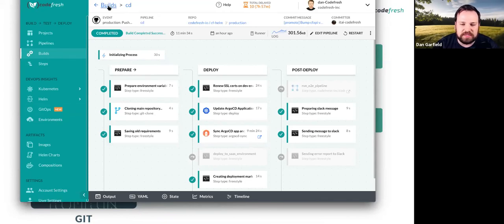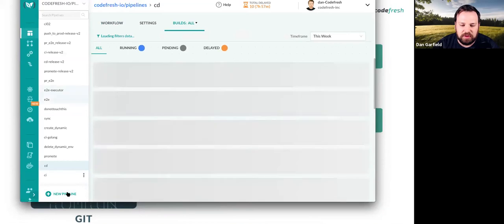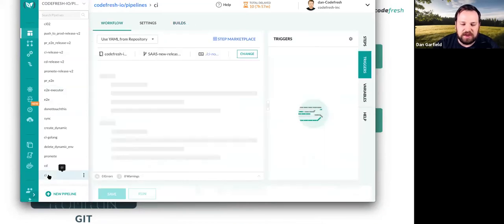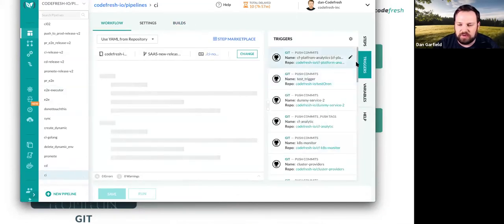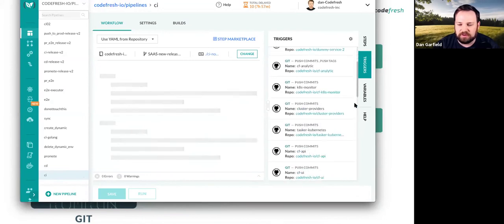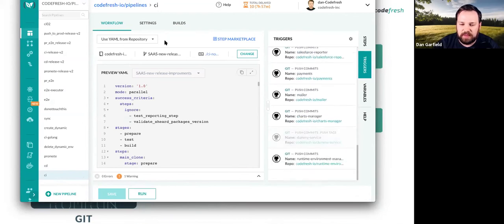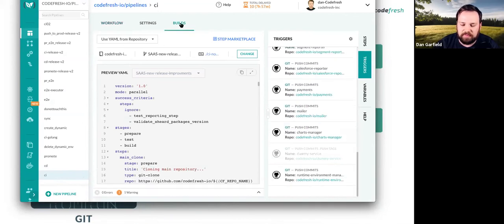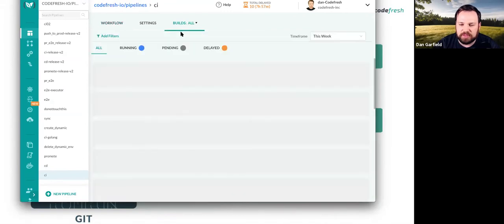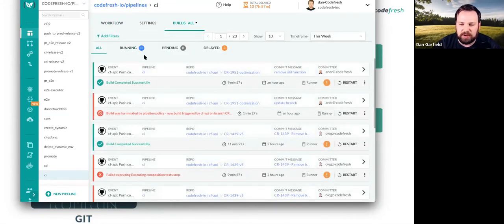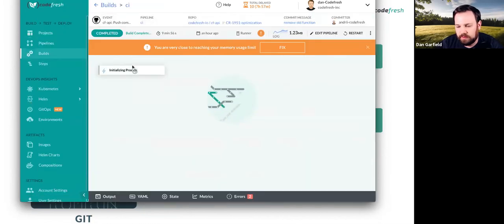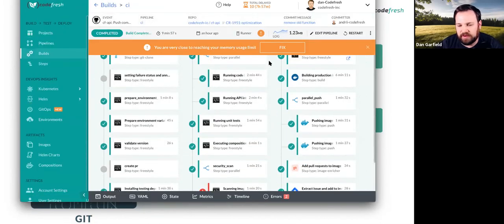And this is on the CD side. If we go back over to the CI, this is another shared pipeline. You can see this one also has dozens of microservices associated with it, all from different repositories this time. And basically at the end of it, it opens up pull requests onto the repo that has all of our manifests in it.